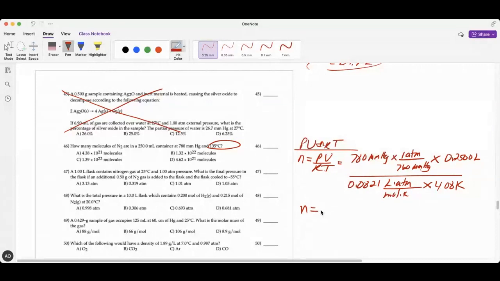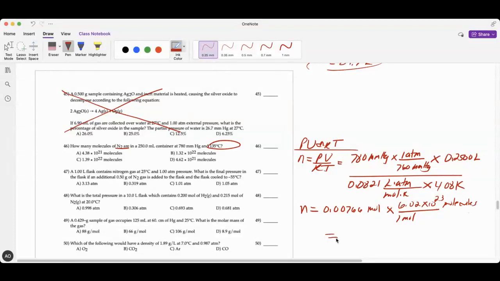I should put a parenthesis in here. Okay, so I get the number of moles as 0.00766 moles. Now we would convert this to the number of nitrogen molecules. 1 mole is 6.02 times 10 to the 23rd